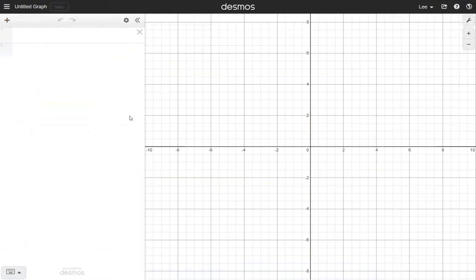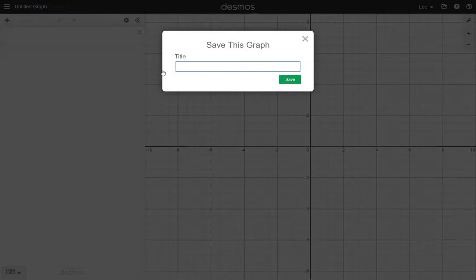I'm going to go over to Desmos. So I've got Desmos opened here. I have an untitled graph. We always want to save it, so make sure you're logged in. If you haven't logged in, create an account, use your school email or anything you want, but just make sure you can get back to it. So I've got an untitled graph. Before you do anything, title it. So I'm going to say Buggy Lab,